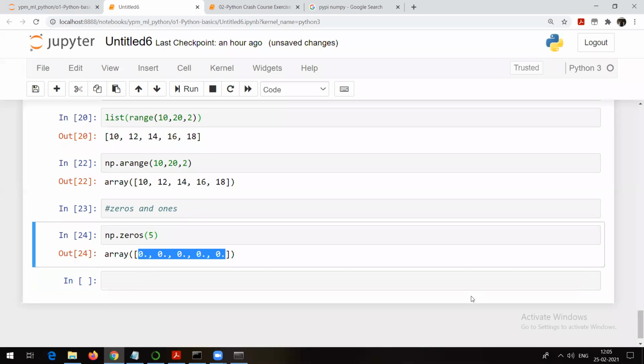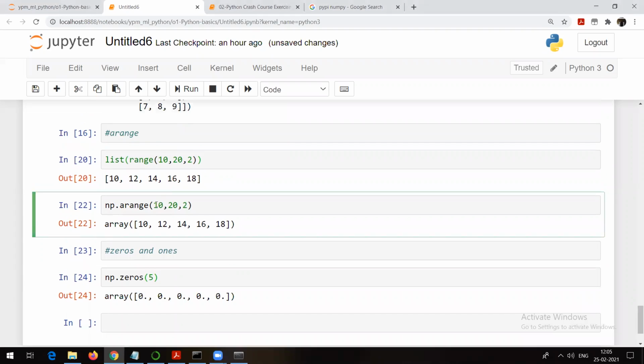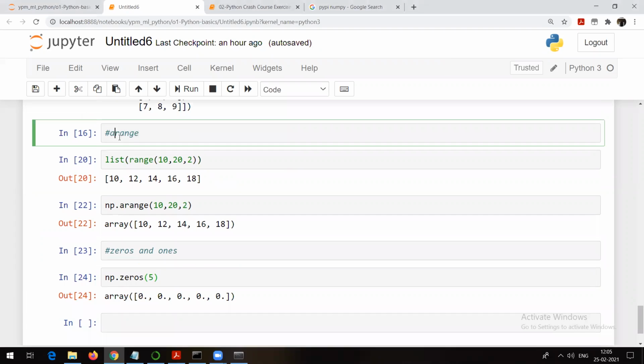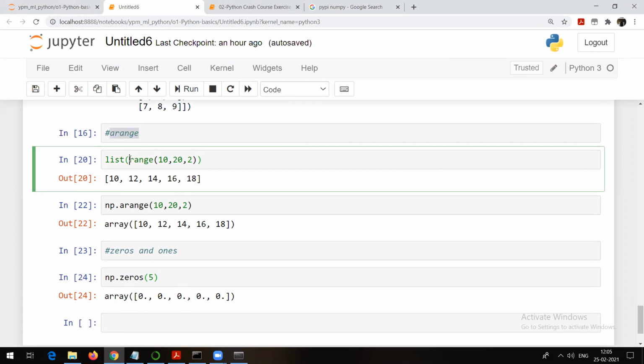Please repeat, sir. Okay. Tavish, what do you want me to repeat? I think you are asking about arange. So I am saying that this A in arange stands for array range. This range is exactly similar to what we have seen in case of range. Range is a generator function which is by default available in Python. Similarly, there is something called arange in case of array.